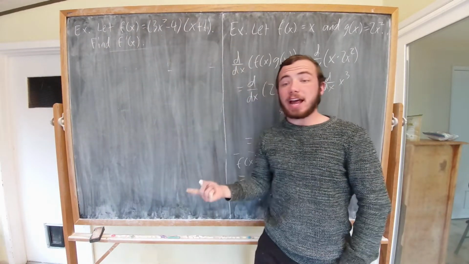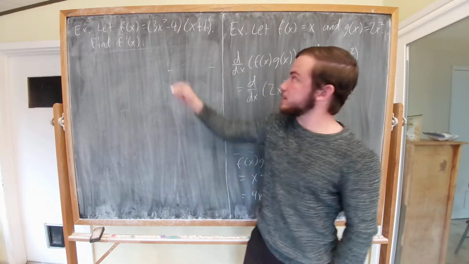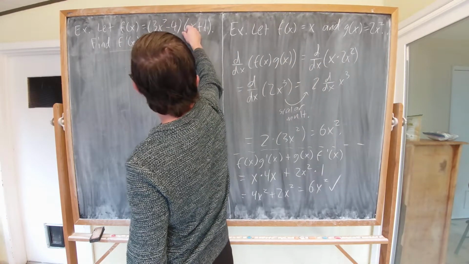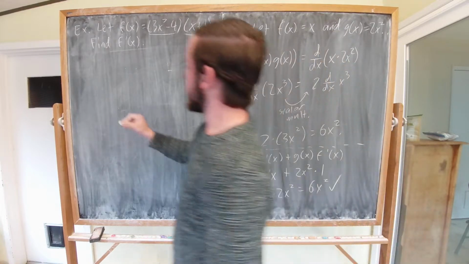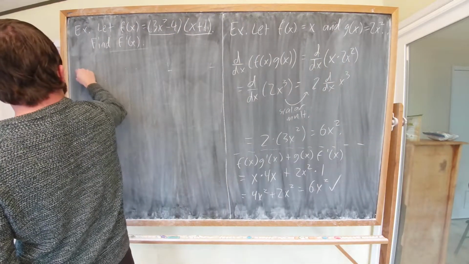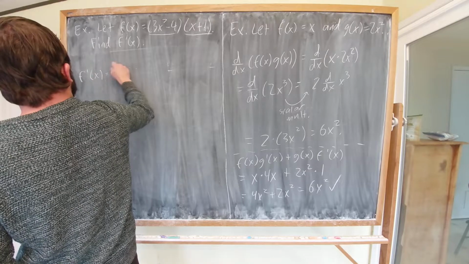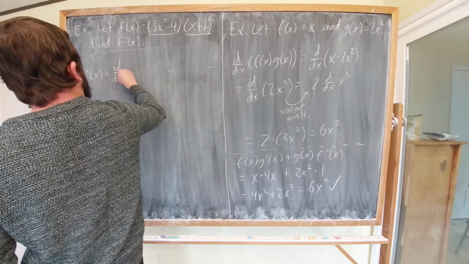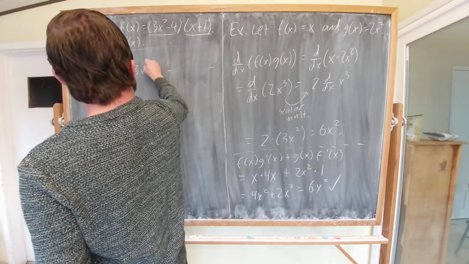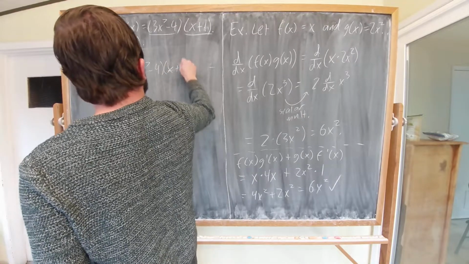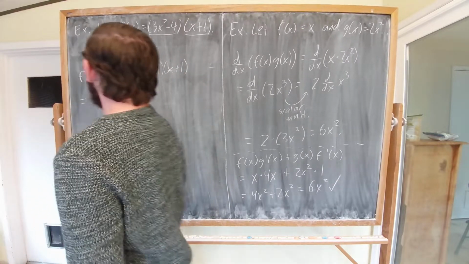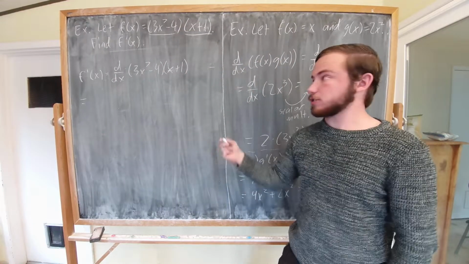Okay, so the natural division of f(x) is into the product of this with this. And that's exactly what we'll use here. So, f'(x) is the derivative with respect to x of 3x to the 7th minus 4 times x plus 1, which, by the product rule,